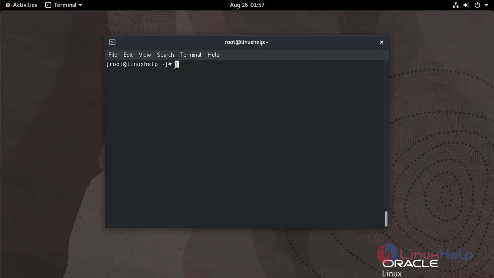I configure firewall by using the following command. Once I reload the firewall,